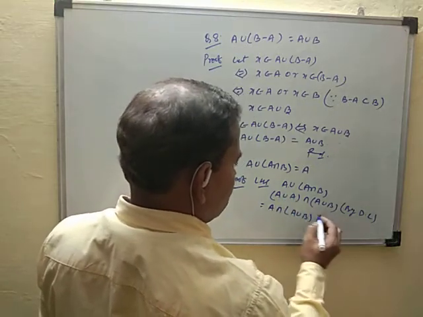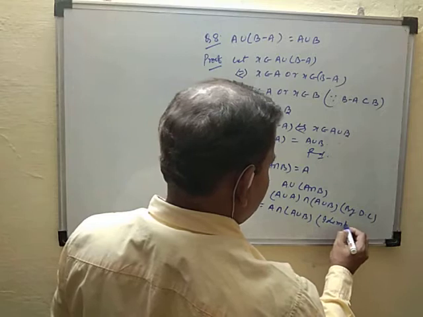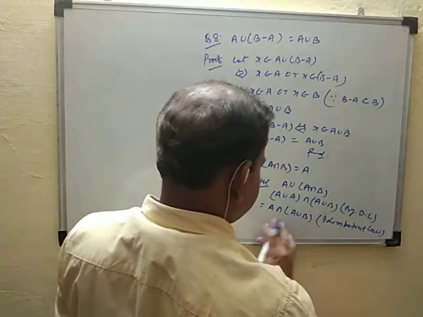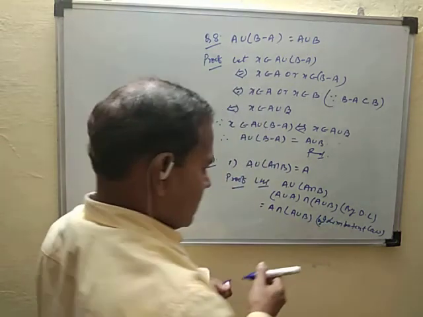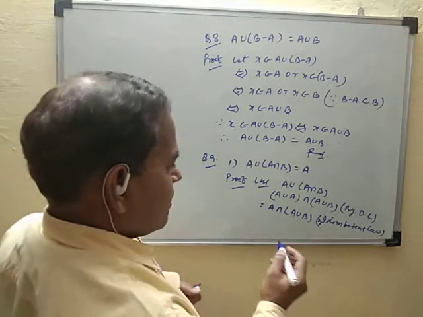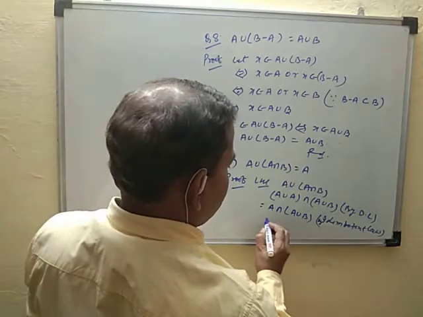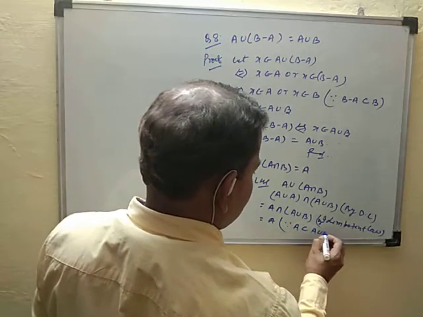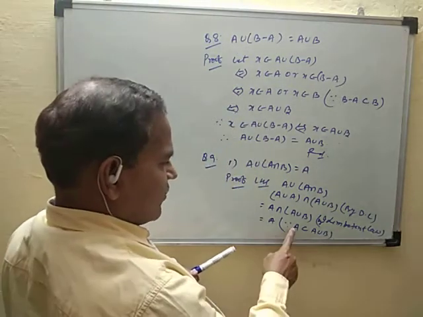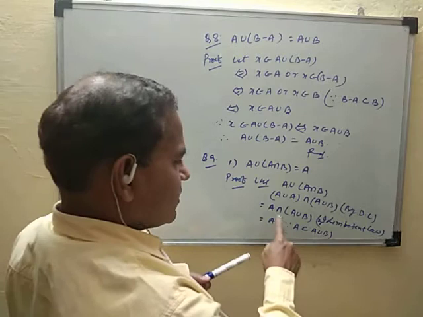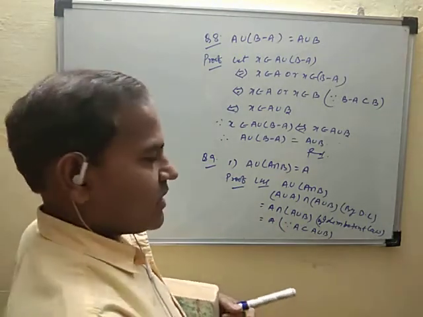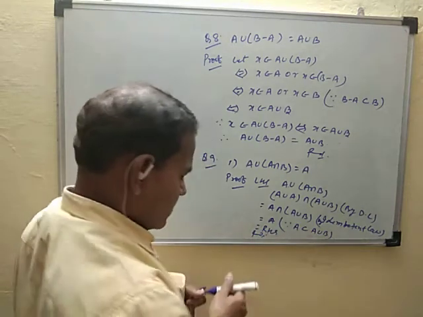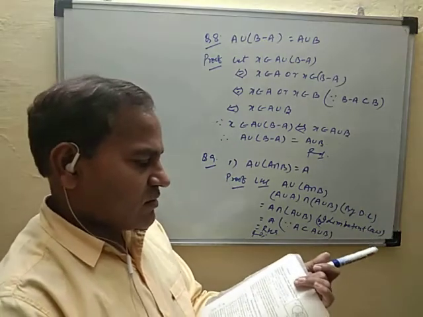Since A union A is equal to A, this is called the idempotent law. So by the idempotent law, and A intersection A union B is equal to A because A is a subset of A union B. Every element of set A belongs in A union B. So the intersection of these sets is equal to A. Proved. This is equal to the RHS. Proved. So you will prove it by using properties like this.